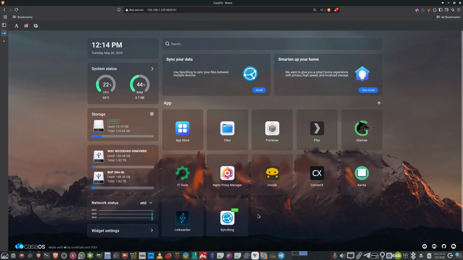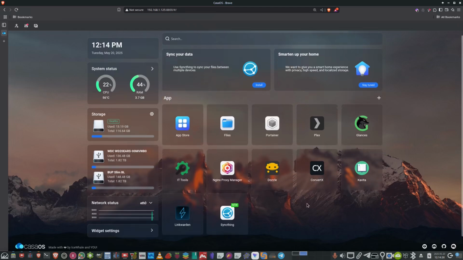And I knew this was going to install quickly. All right, so here's SyncThing. This is a Docker container application, and now it's out in Casa OS, and I'm able to touch it and work with it. Now, the first thing you want to do once you install a Docker container application before you launch it is you want to go up here to these three dots and open it up, click on it,